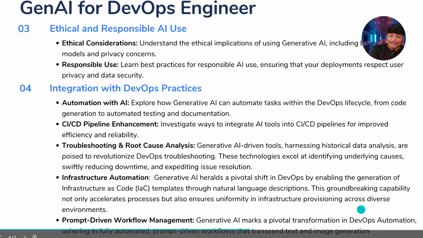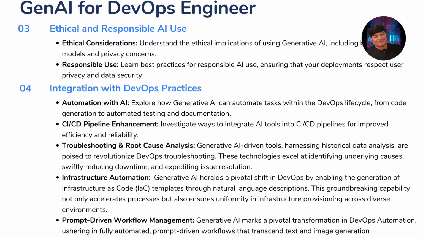Okay, and the final one is prompt-driven workflow management, and I know many engineers, including myself, are using this. What is this? Generative AI marks a pivotal transformation in DevOps automation, with fully automated prompt-driven workflows that translate text and imagination. What do I actually mean by this?